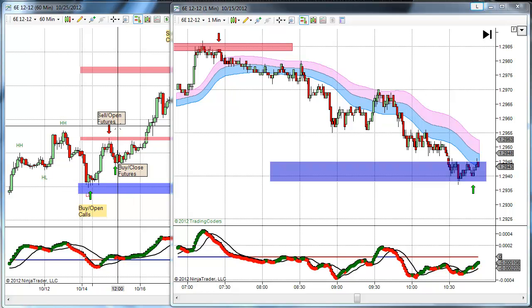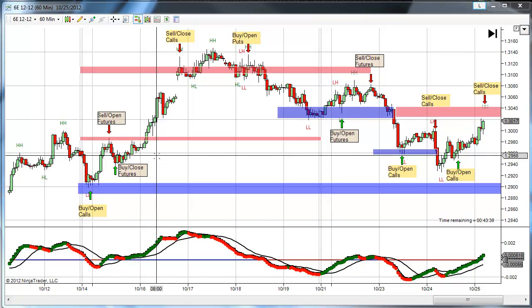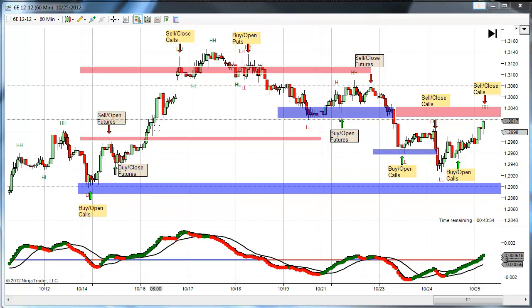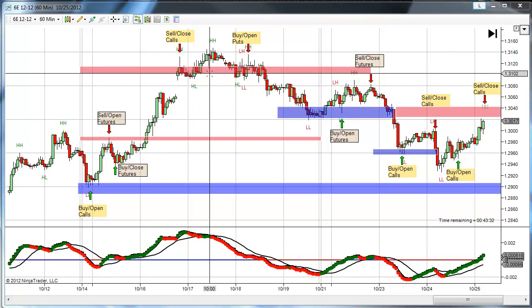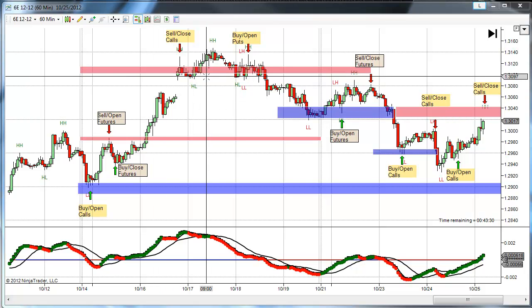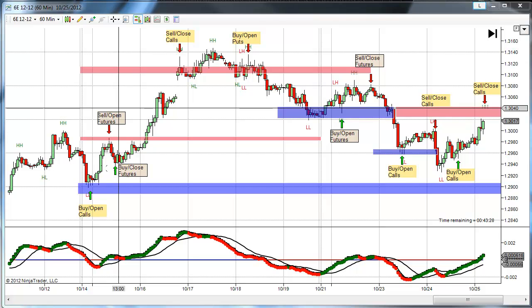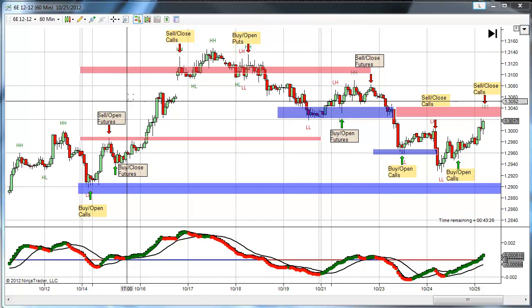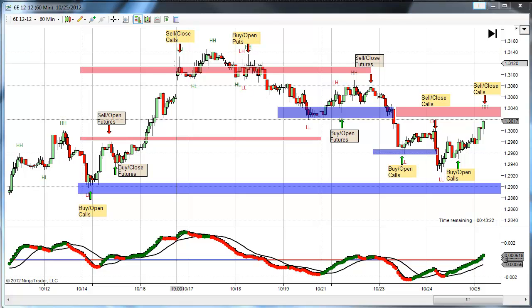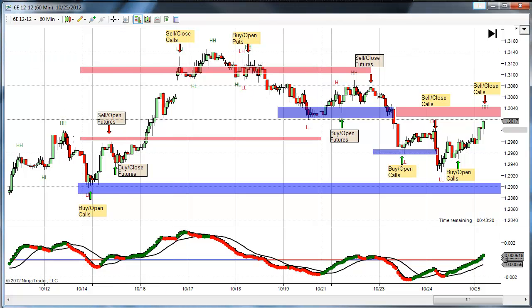So we hedged off that little bit of a retracement here. We picked up 40 points, and we could apply that to carry this open call position. The market continued to the upside and advanced up to our target resistance area, picking up a fair amount of profit in here. There was a span of about 200 points on the euro that we picked up by having these open call